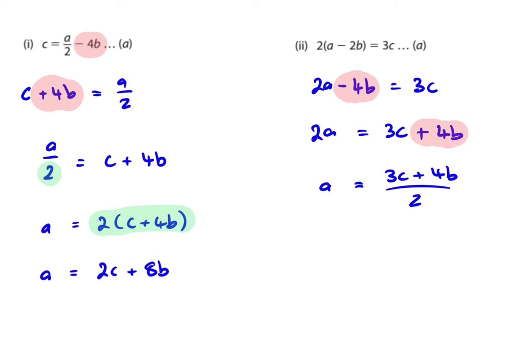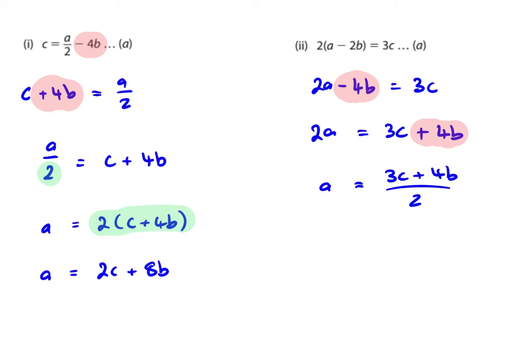Part 2. In part 2, we had 2 times a minus 2b equals 3c. And we need to make a the subject. So we can see there a is in the middle. So first thing we need to do is expand this here, and then isolate the a terms. So 2 times a gives us 2a, 2 times negative 2b gives us negative 4b, equals, and